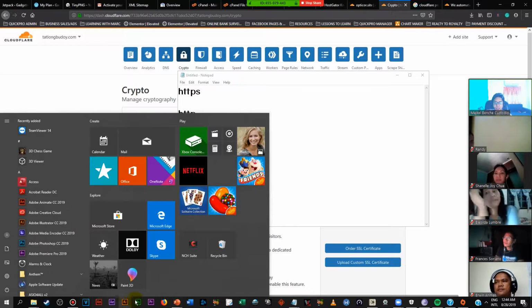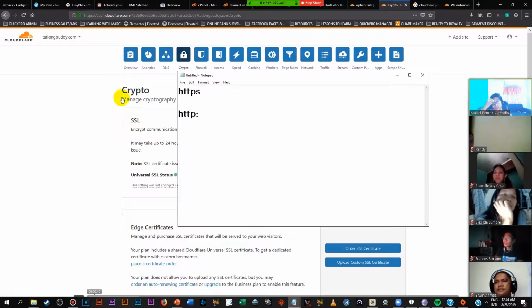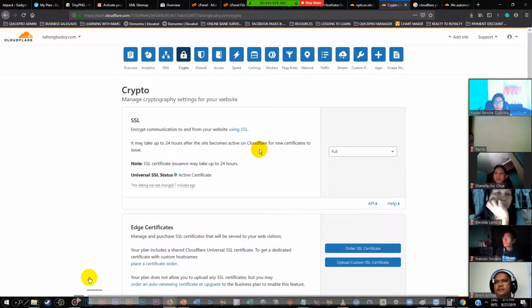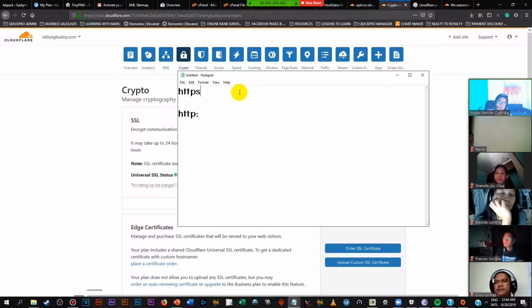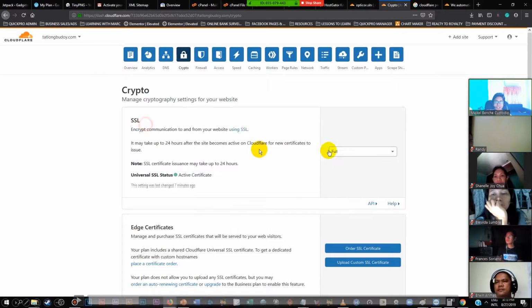If you take a look at our QuickPro website or this website, our Tatlong Budoy, it's already HTTPS. Because if you buy a website from us in QuickPro, you're going to have automatic security. If you buy your website from other sources, you have to pay to have security. That's why in QuickPro you guys are taken care of.